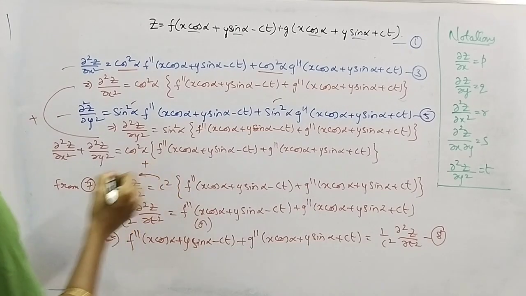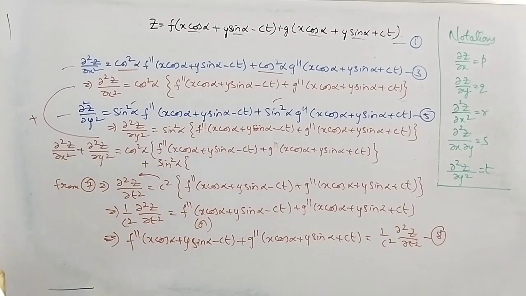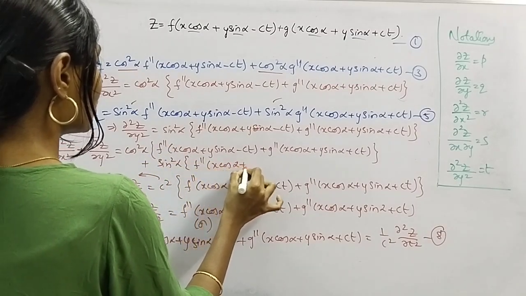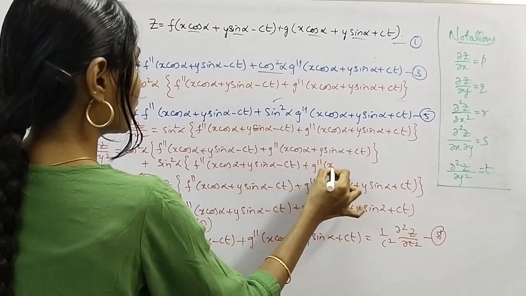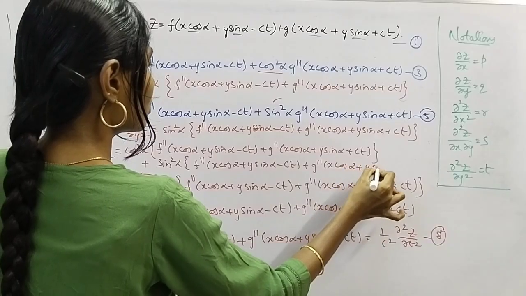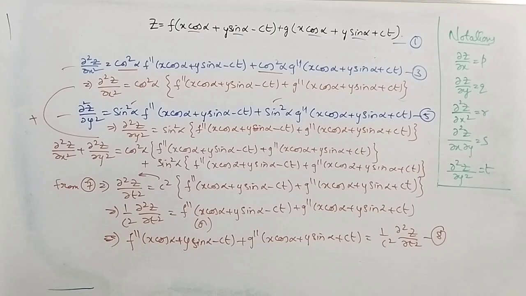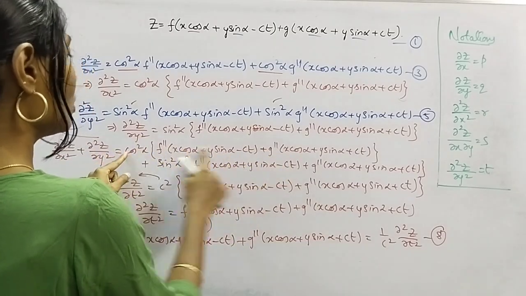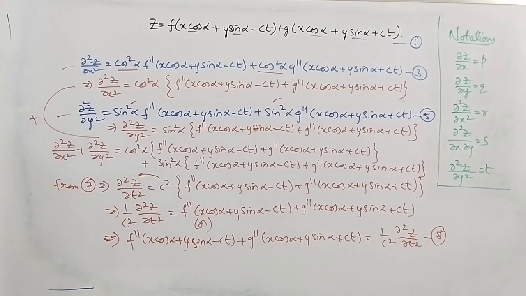Plus sin square alpha of f double dash of x cos alpha plus y sin alpha minus ct plus g double dash of x cos alpha plus y sin alpha plus ct, right? Now we can take f double dash, g double dash common from these two terms. I mean this term, and from this term we can take f double dash plus g double dash common, so that you will get